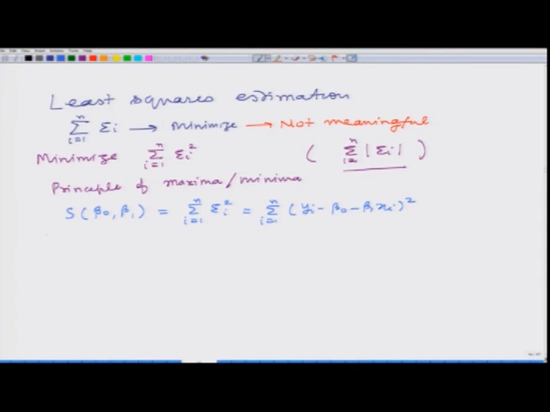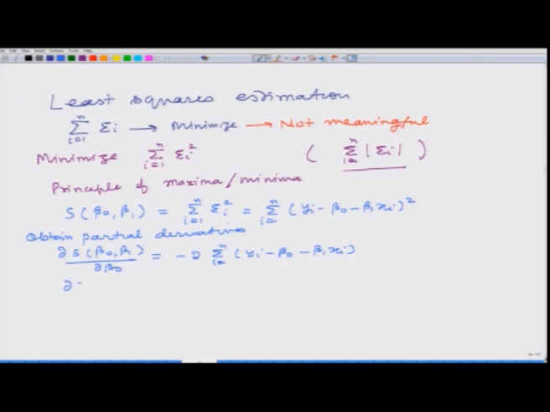If I first obtain the partial derivative with respect to beta 0, this will come out to be minus twice the summation i goes from 1 to n of y i minus beta 0 minus beta 1 x i,